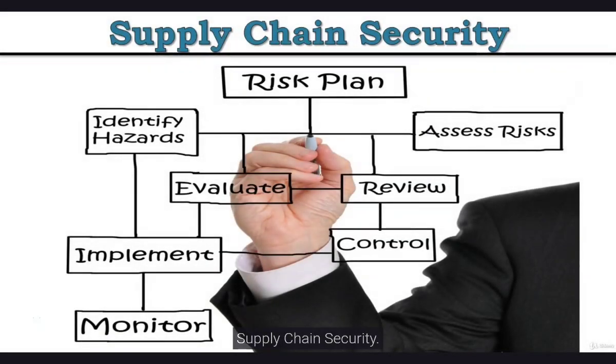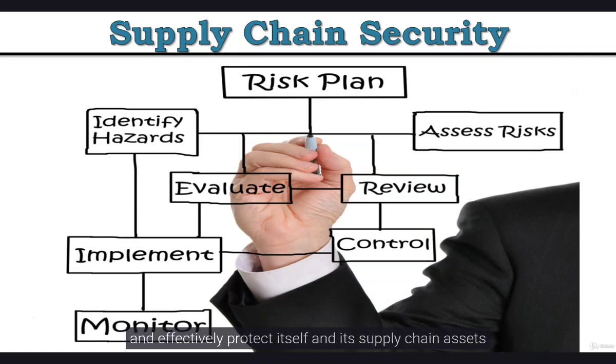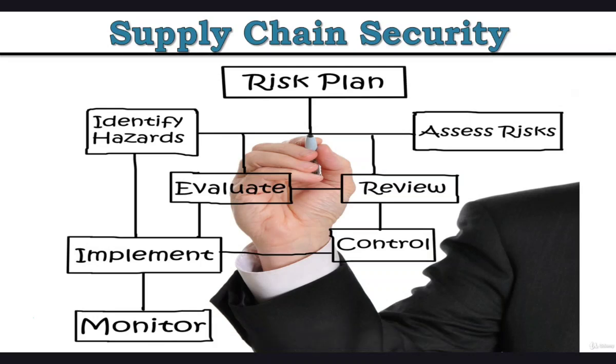Supply chain security. By blending organizational capabilities emanating from people, processes, and technology, the firm can embrace a supply chain security orientation and effectively protect itself and its supply chain assets from damage and/or destruction caused by internal and external threats. In modern times, many firms operate with constant concern that they are susceptible to human acts such as terrorism, sabotage, or theft, and often additionally worry that their differentiating assets are vulnerable to the effects of natural disasters such as hurricanes, floods, or other acts of God.